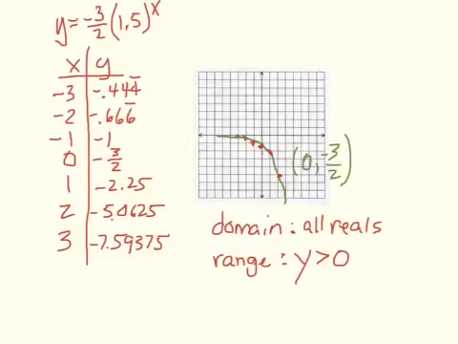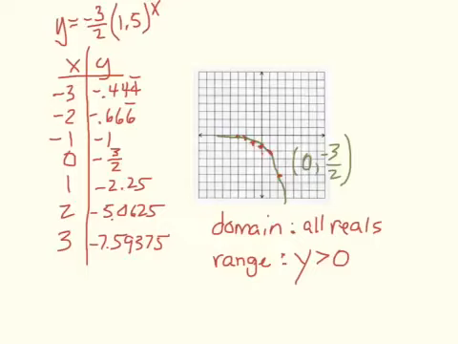So if I plug in -3 for x, I get -0.4 repeating. -2 for x gives me -0.666 repeating. If I plug in -1, I get -1. If I plug in 0, I get -3/2. If I plug in 1, I get -2.25. If I plug in 2, I get -5.0625. If I plug in 3, I get -7.9375. You can see I've graphed those red points here and drawn a green line as close as I can